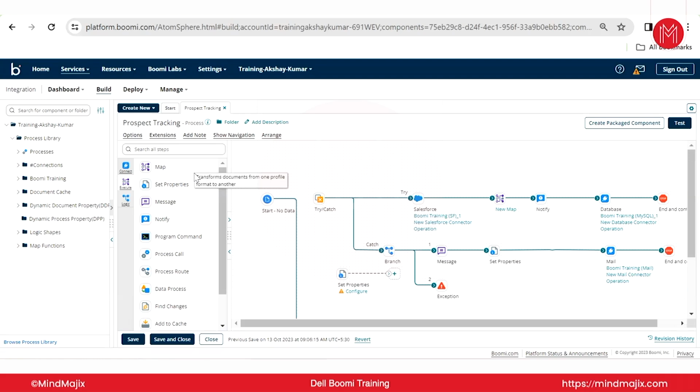Boomi map is the major topic where you need to understand a lot: how to create profiles, how to set up the Boomi source and destination, how to map them, and Boomi map has a lot of functions which are readily available and how to use them. This is a very big ocean. It's vast to understand, but if you initially put in some time to understand this Boomi map concept, then the rest of the Boomi topics will be very easy for you because